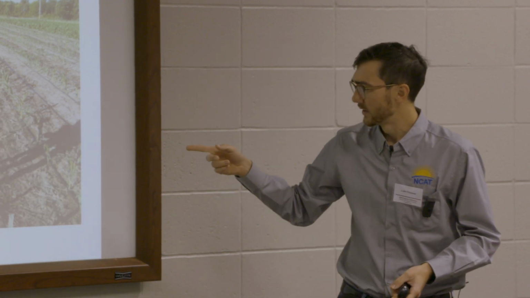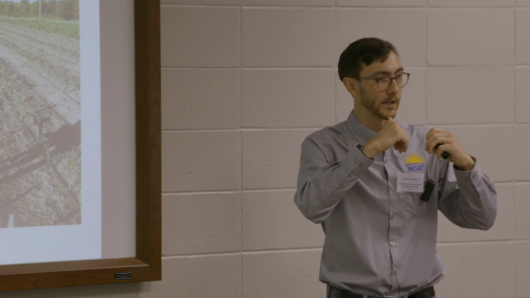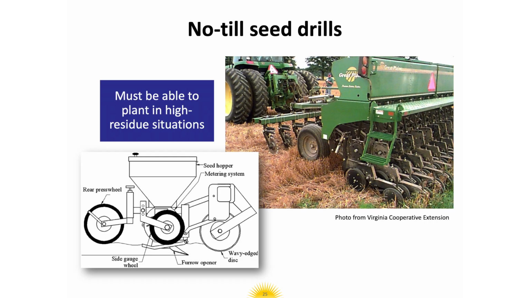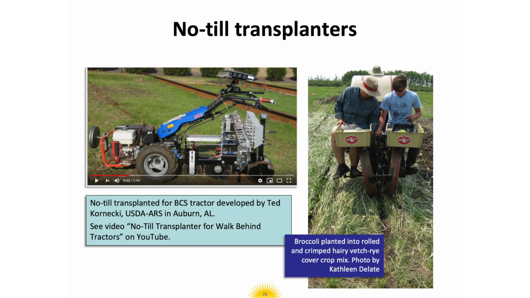In this case, we were planting beans. We used it for the corn as well, just to kind of open up a planting hole and drop the seed in that, to be able to plant into some cover crop residue that was left on the soil surface. But naturally, there are no-till seed drills that you could use on a larger scale to plant into cover crop residue. And even no-till transplanters that are available to plant through cover crop residue,